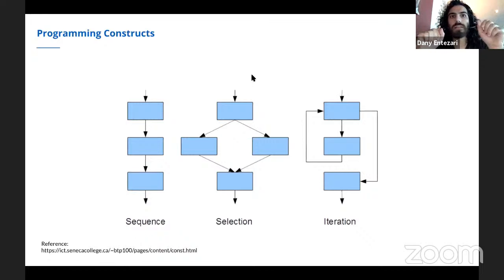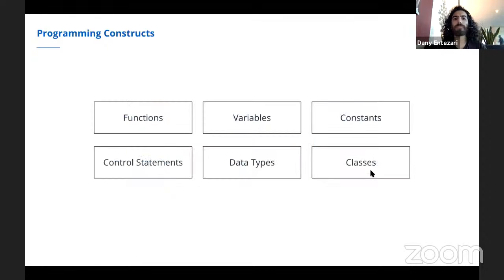What you want to know is that no matter which programming language you choose, no matter what problem you're trying to solve with software, everything you find about a programming language will fall under these three categories. Either it will be something about sequential processing, it may be about selective processing, or it might be iterative processing. So knowing this will help you more quickly and more easily learn how to write software.